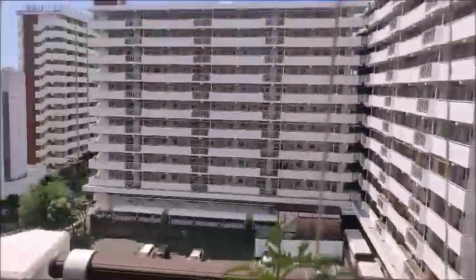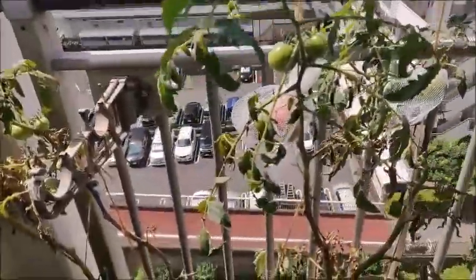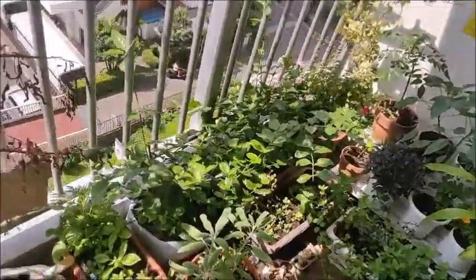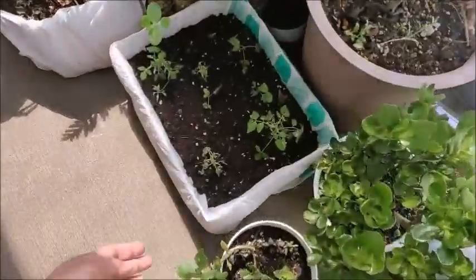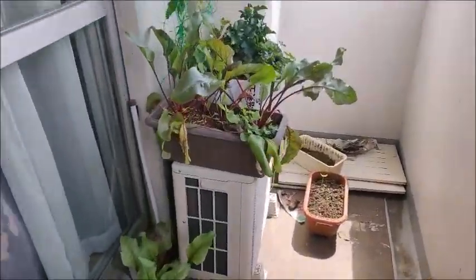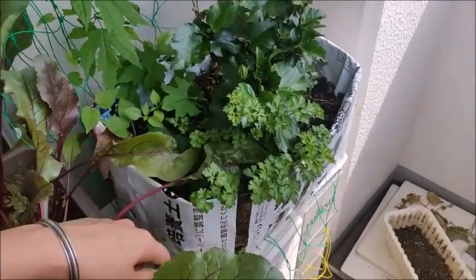And it's a beautiful day in Tokyo after a very long time. It's sunny and the plants are thriving, and today I'm gonna show you how I made this cardboard planter box, and I use many like this for many months. They are all recycled from the multitude of Amazon boxes that have been